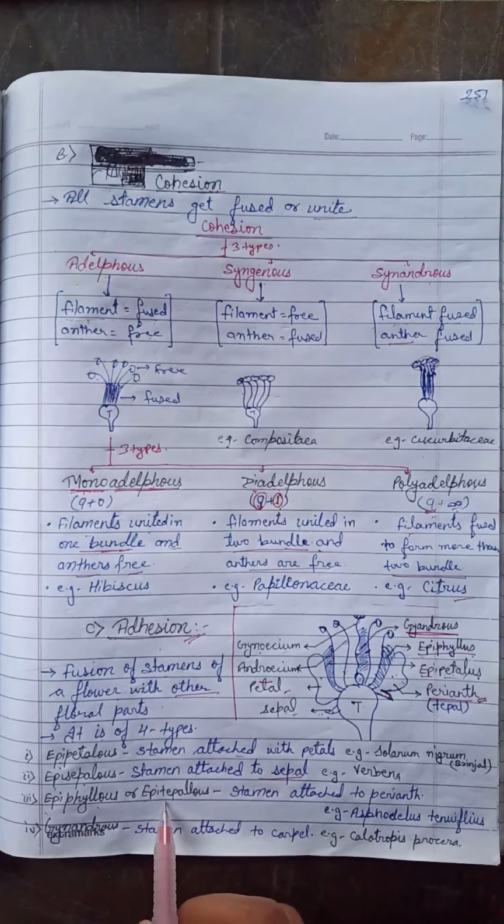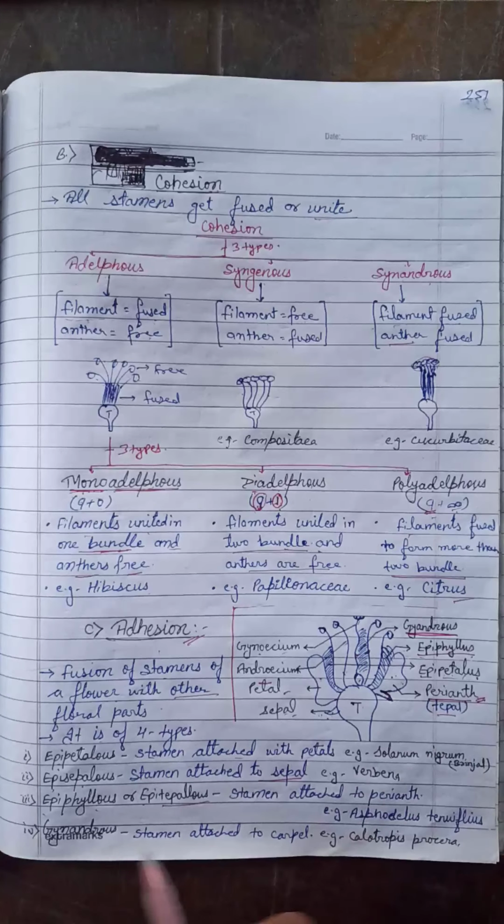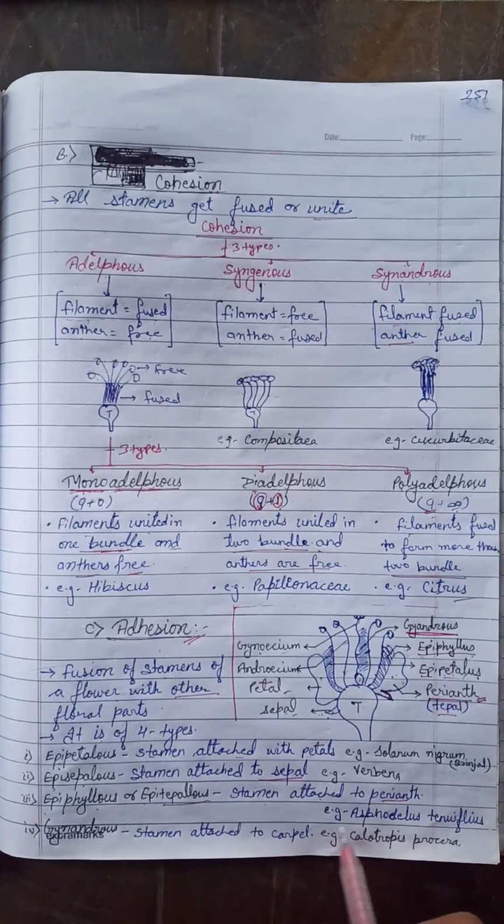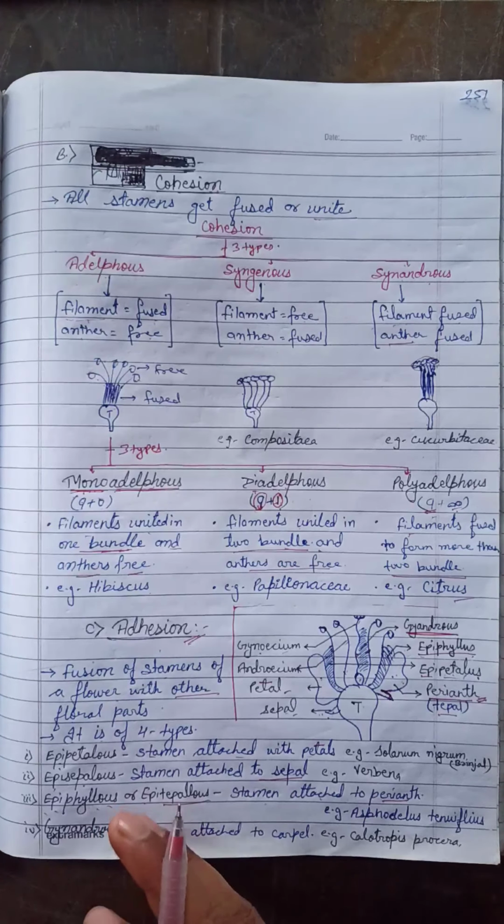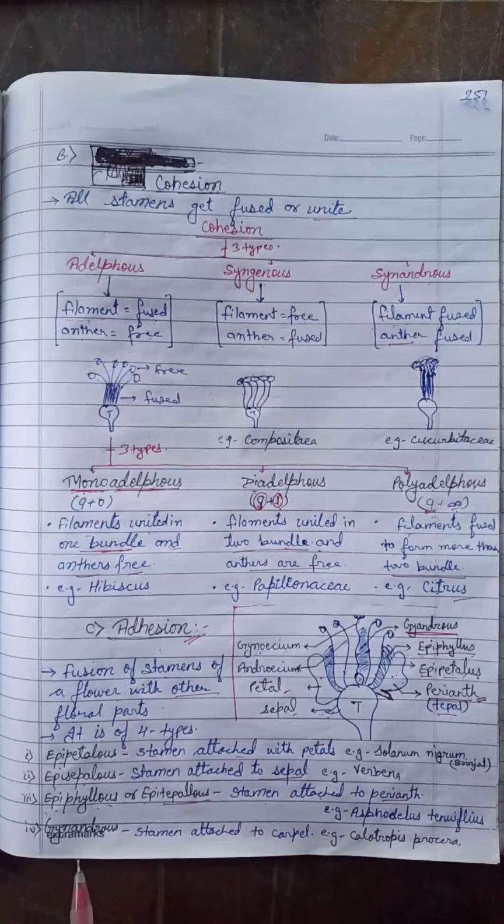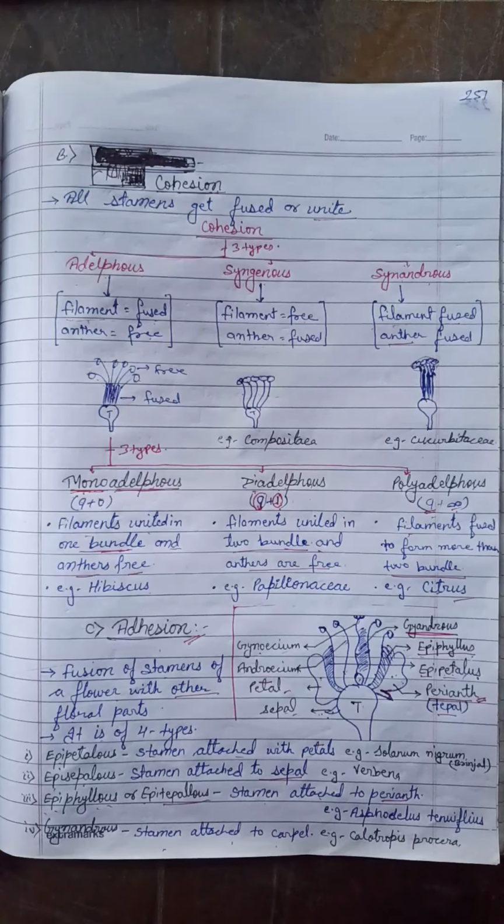Now, epiphyllous or epitepalous, because perianth is also called tepal. That's why the stamens attached to the perianth are called epiphyllous. Is it clear? And gynandrous, when stamen is attached to the carpel, is called